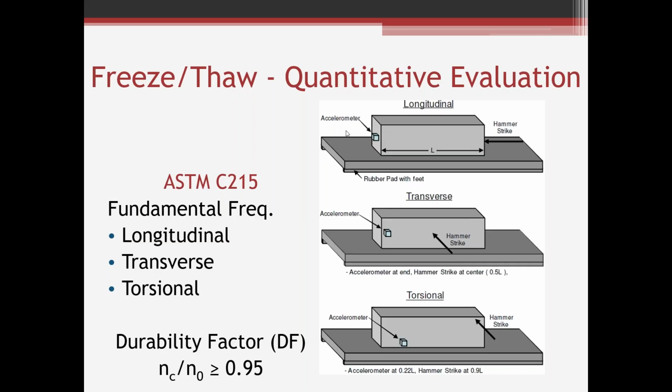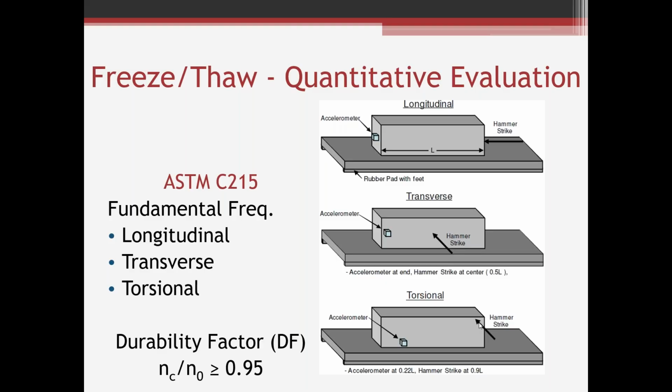When we do it in this configuration, that gives us the longitudinal. When we do it in this configuration where we have the accelerometer on one side, we do a hammer strike right in the middle, and it kind of bounces off in the short direction. That's the transverse direction. That gives us the transverse fundamental frequency. And then we don't do this as often, but sometimes we'll do it. This is the torsional one, where you put the accelerometer in the bottom left-hand corner, and then we do a hammer strike in the top right-hand corner, and it creates this twisting